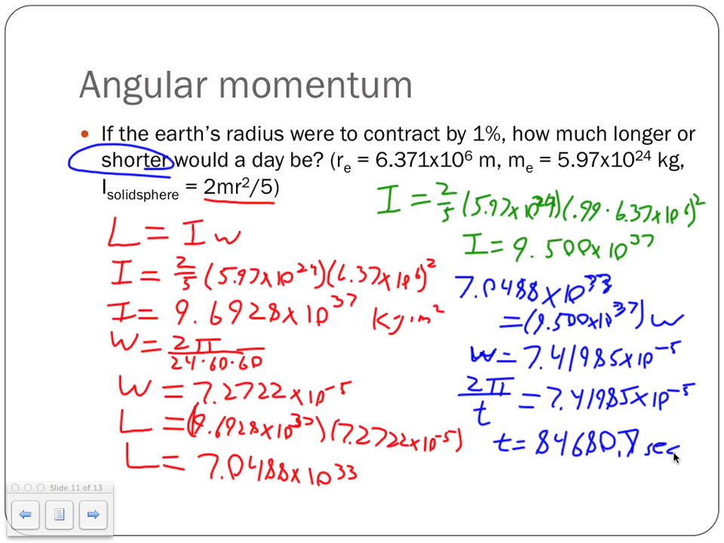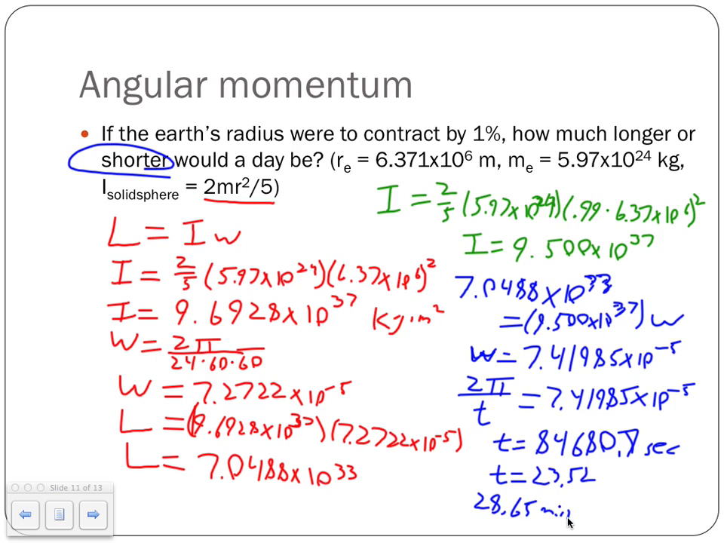We convert that to hours, so divide that by 3,600, because divided by 60 will give us minutes, divided by another 60 gives us hours. And so t ends up being 23.52 hours. And so subtract that from 24.47758 hours, then times 60 to get minutes. That's 28.65 minutes. And so the day would be 28.65 minutes shorter